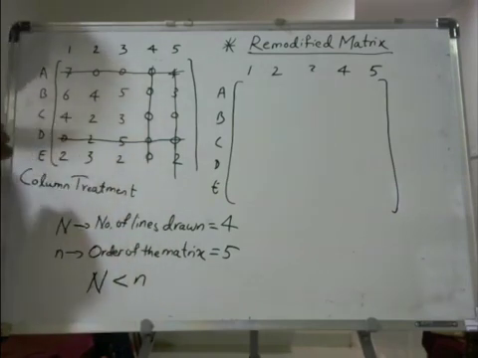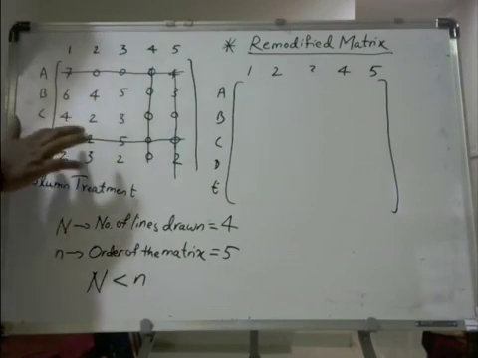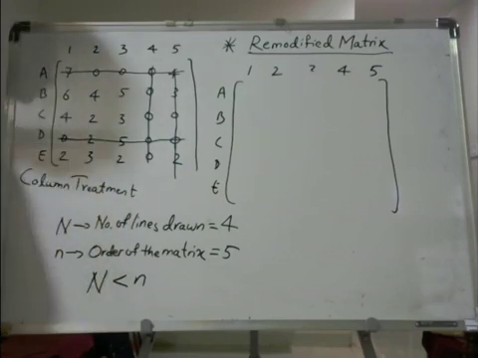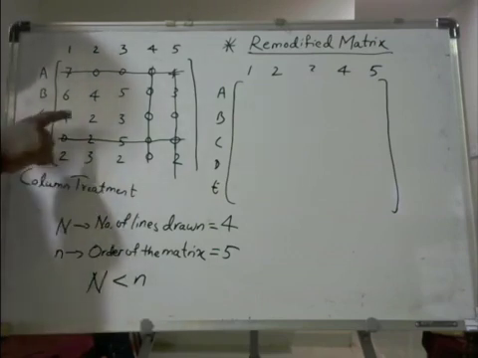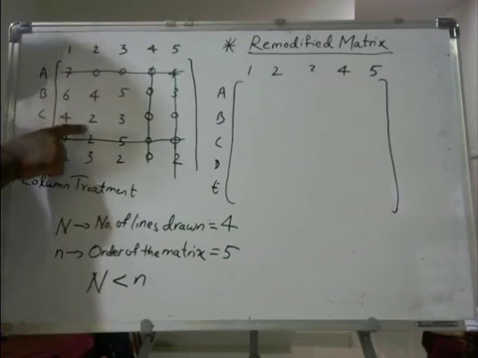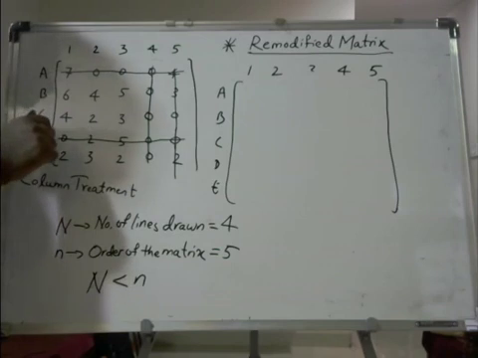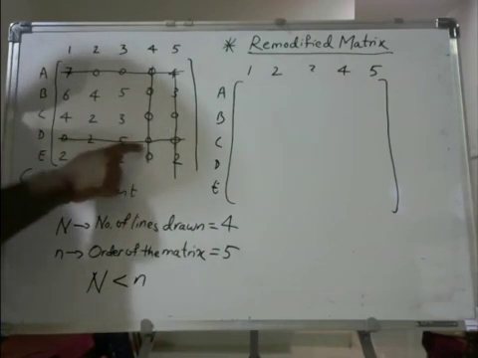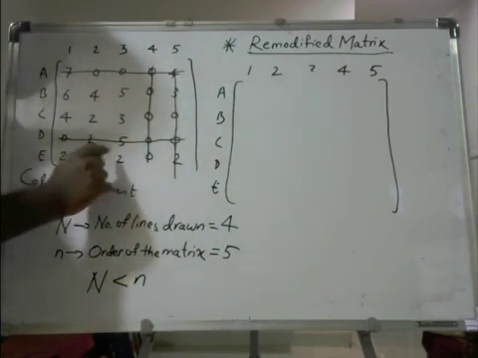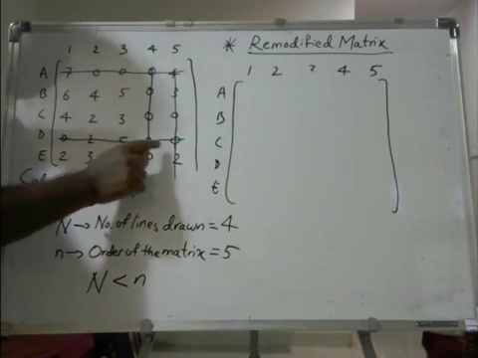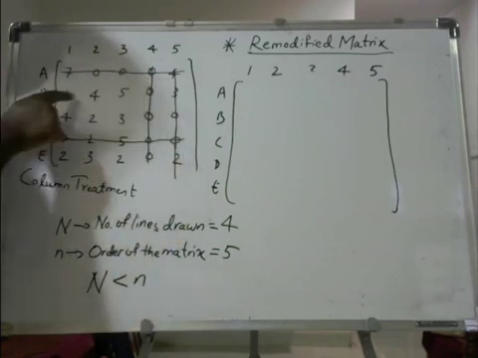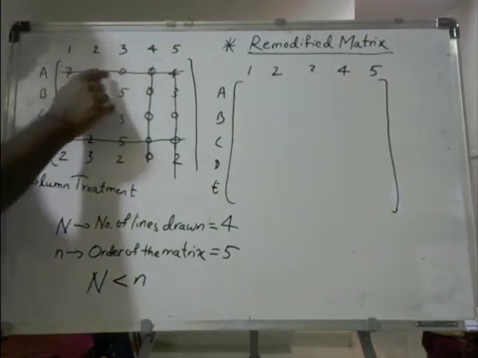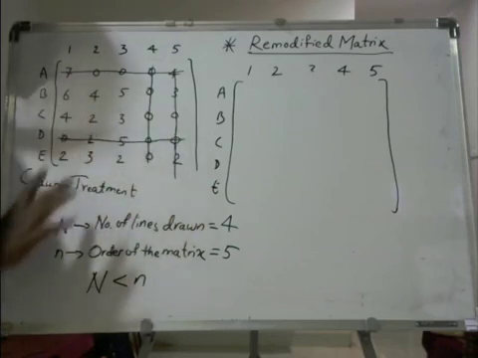Correct? Now you take that smallest element and subtract it from all the uncovered elements. And this smallest element you have to add to the elements which are in the intersection, wherever the lines are intersecting. Smallest element you have to add at these intersection points, and you have to subtract it from all these uncovered elements. The rest of these elements you keep as they are.